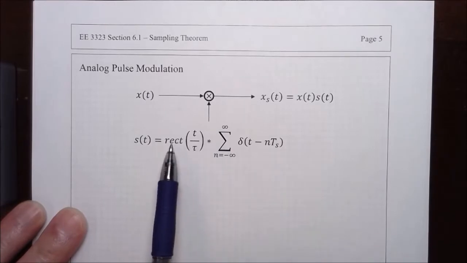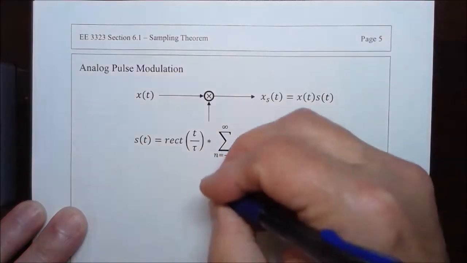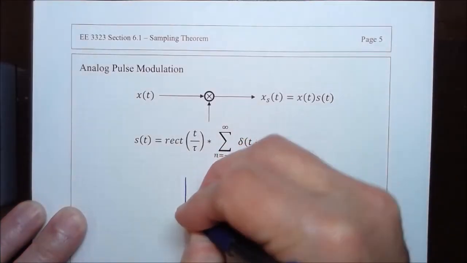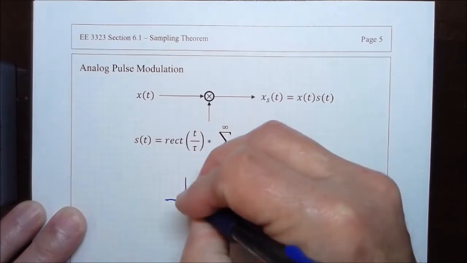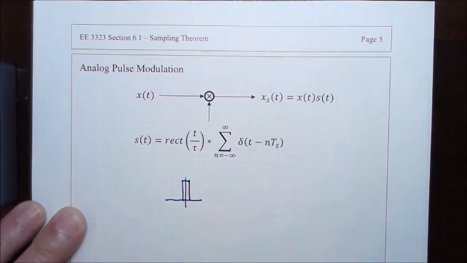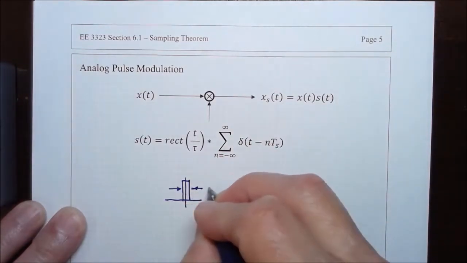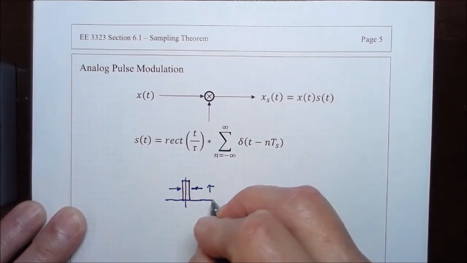So if we take a rectangular pulse in time with overall width tau,